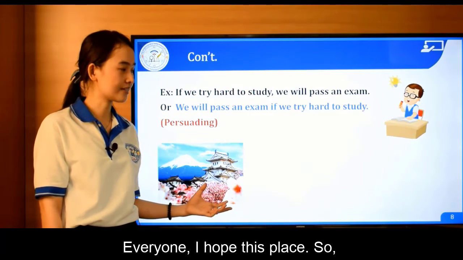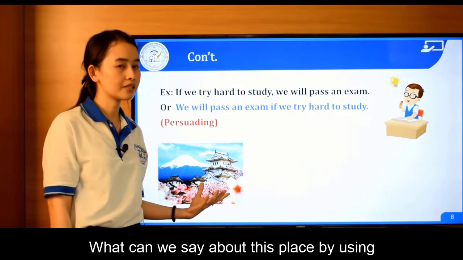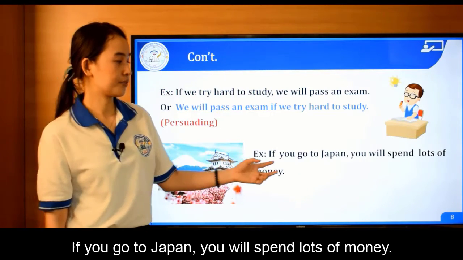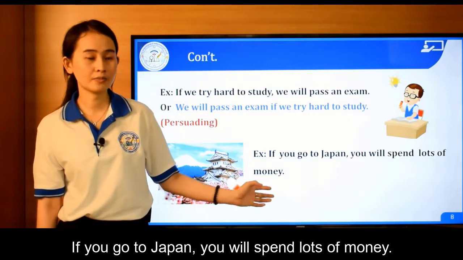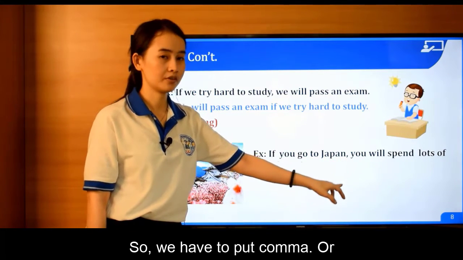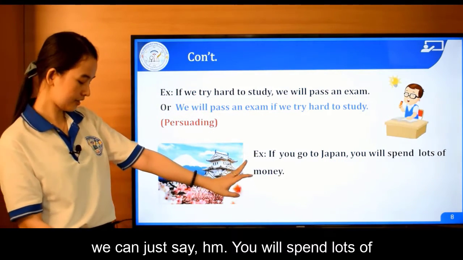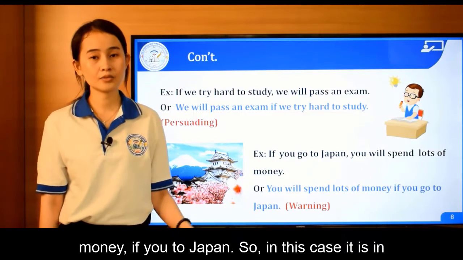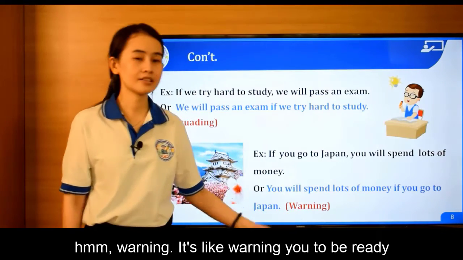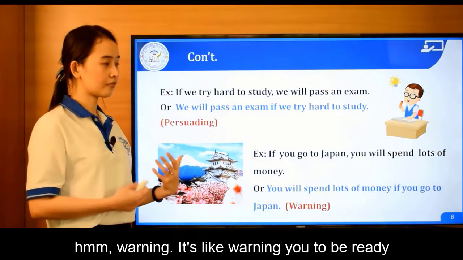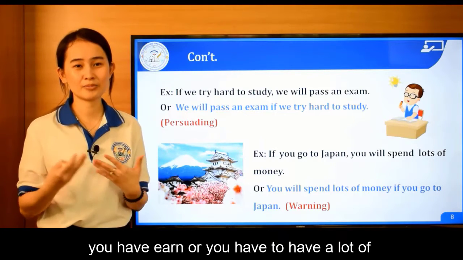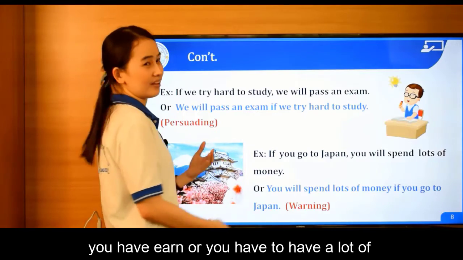Everyone, I hope you know this place. So, what can we say about this place by using the first conditional? Yes, we can say if you go to Japan, you will spend a lot of money. Here we use the if clause at the beginning, so we have to put a comma. Or we can just say, you will spend a lot of money if you go to Japan. So in this case, it is a warning. It's like warning you to be ready. If you want to go to Japan, you have to earn, or you have to have a lot of money